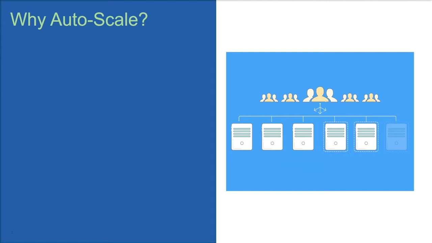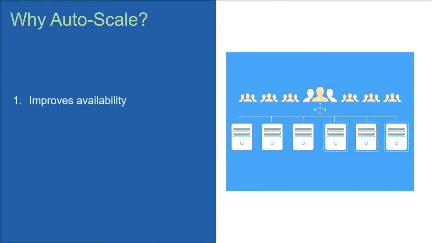So let's begin by talking about what is autoscaling and why is it important. Autoscaling is the ability of a system to adjust the amount of computational resources based on load. The amount of resources should be reasonable, by which I mean an amount that will allow it to run as we expect, but is at the same time not wasteful. Having a scalable system in place helps in solving many problems.